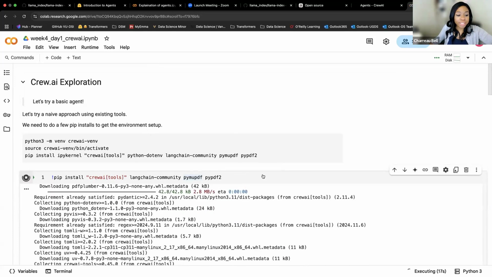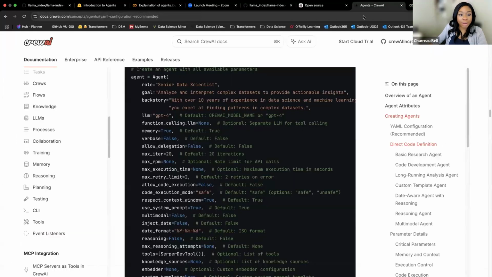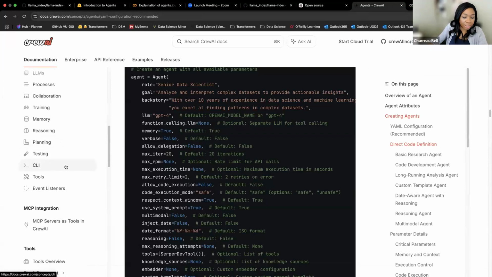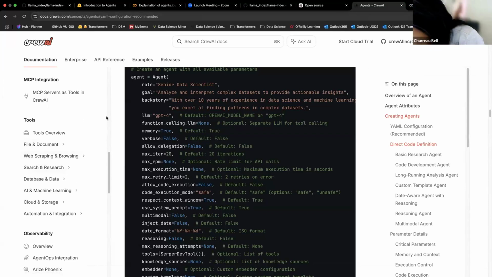While that's installing, you can also let it run for a little bit. I'm actually going to come back to that because I think that's the main thing that I wanted to tell you. So, tools. Tools are love, right? Because tools give you that interaction with the environment part. And the more tools that are already defined, the fewer tools you have to write. So I love this about Crew, that they already have a lot of tools defined, but they also have integrations with other frameworks where tools are also defined.